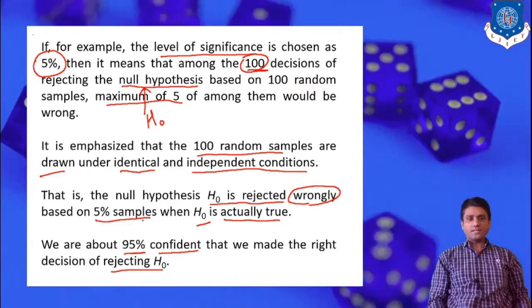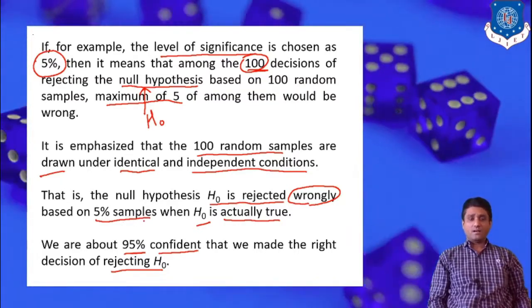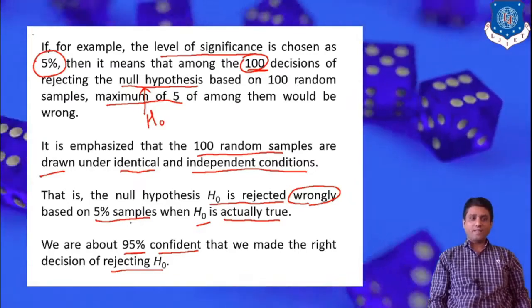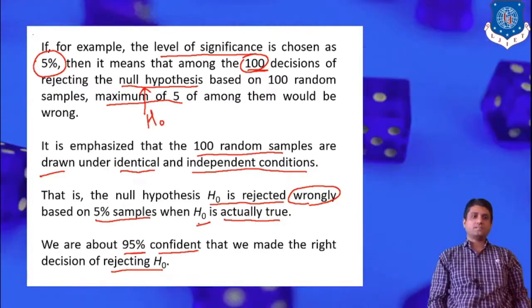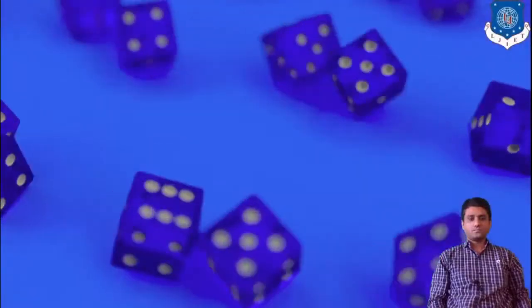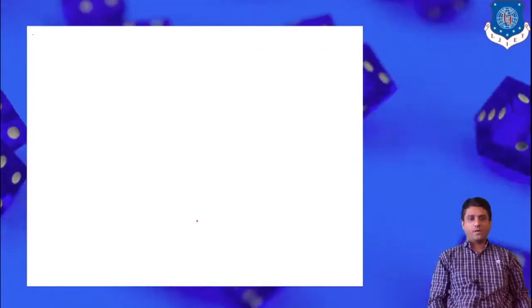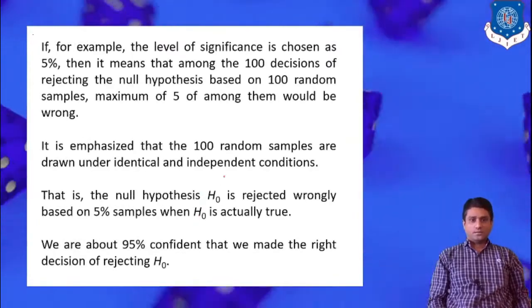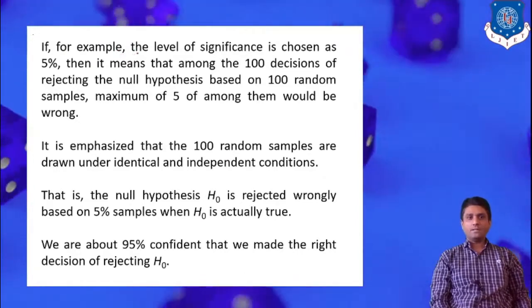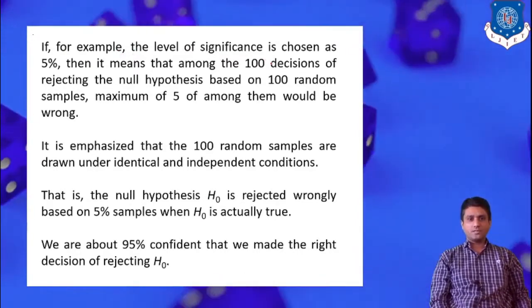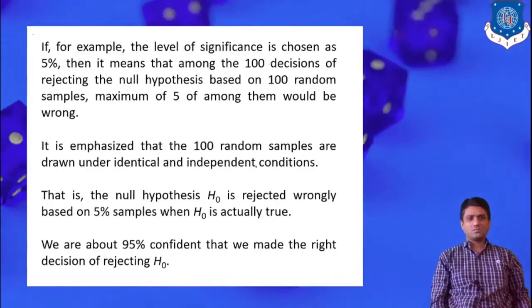That is 1% sample, that is out of 100, 1 time a wrong decision is allowed, that is the null hypothesis is true, but still we reject it. So again I have to explain briefly. If for example the level of significance is chosen, now